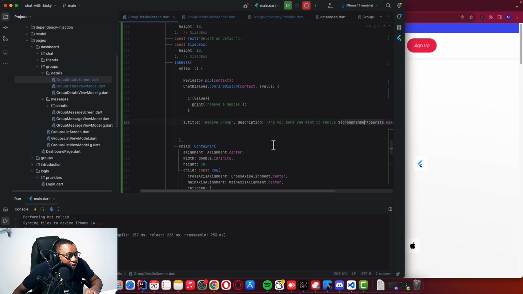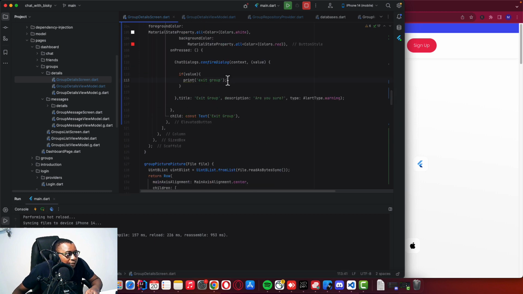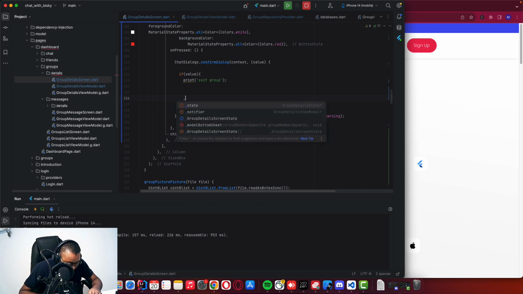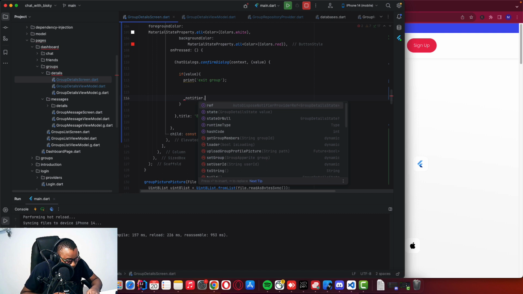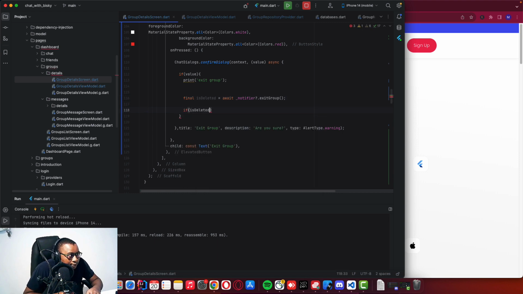So in our logic, in our screen here, where we want to exit group, let's go to the options. Here on our implementation to exit group, we just say in our notifier dot exit group, and let's make it async, await, because we want to wait for it. So we add async on this method, and it's deleted. Make it a final. So what happens if it's deleted? If you managed to delete this, if it's deleted, what you want to do is